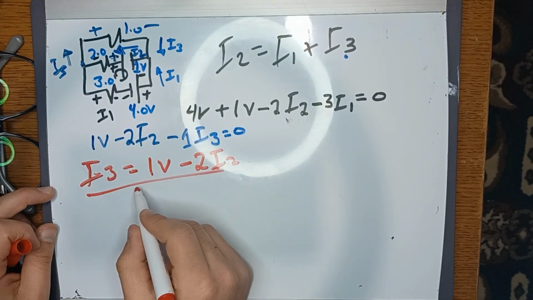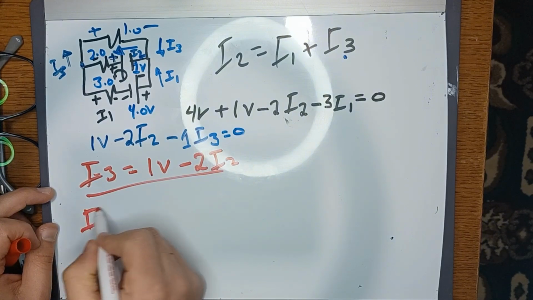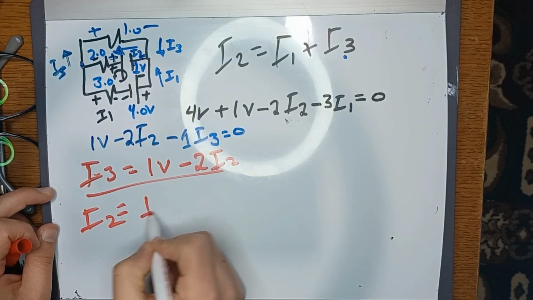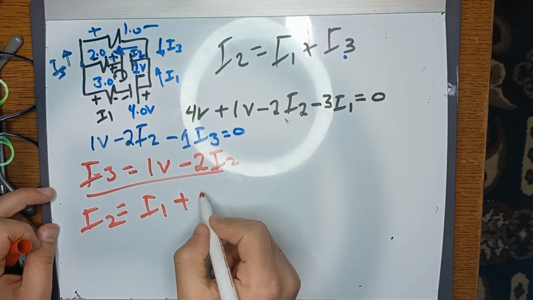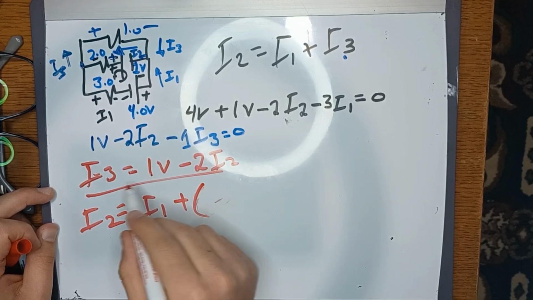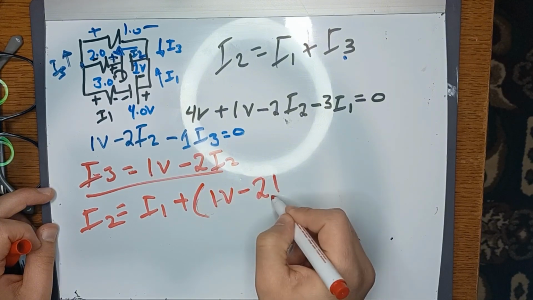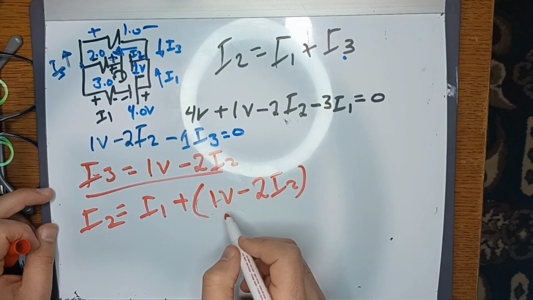Okay, now I have this I3. I'll plug it into here, I1. So we would have 1 volt negative, 2 I2. Okay,